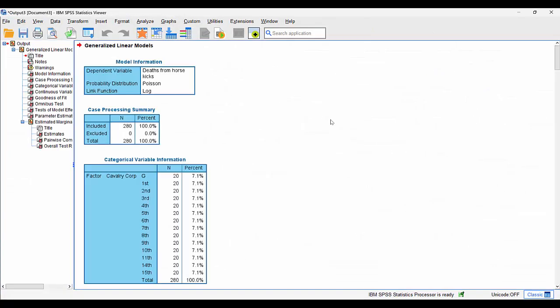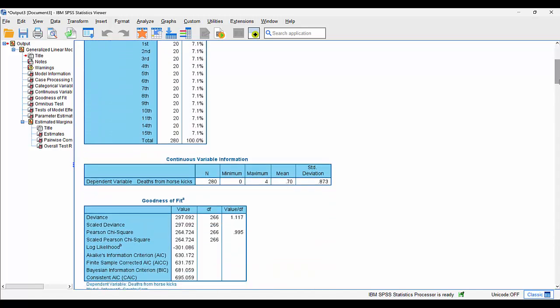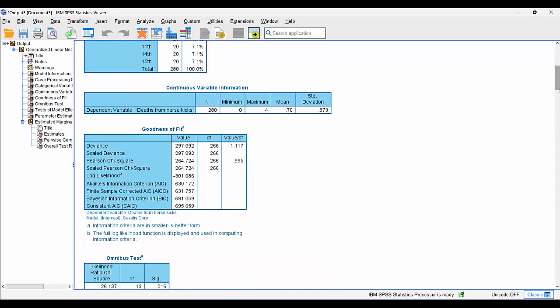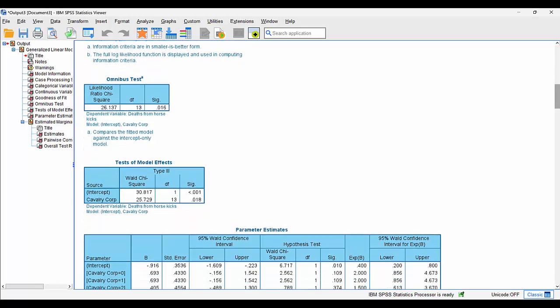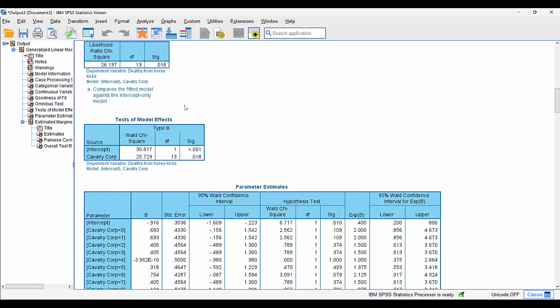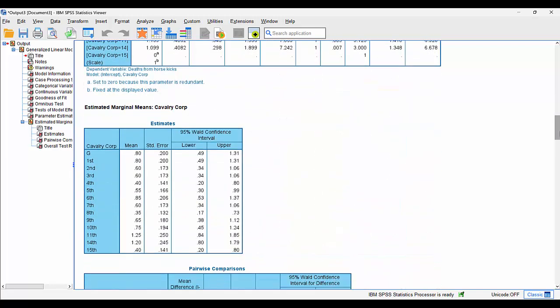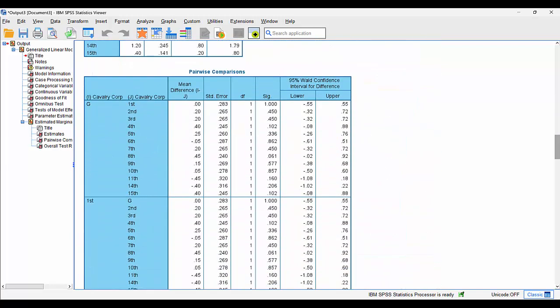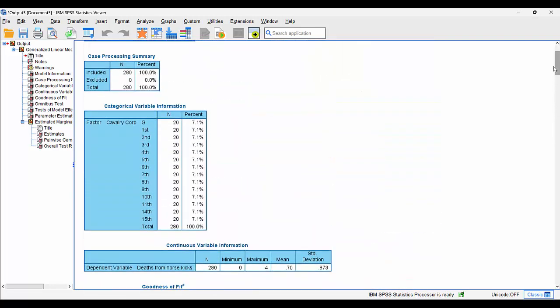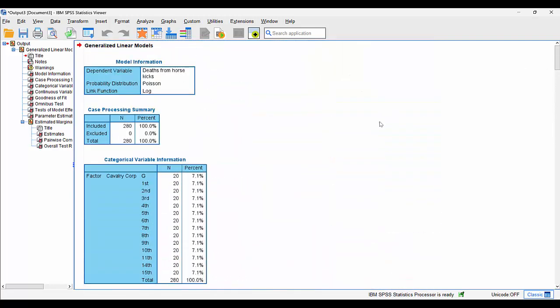You can see there's a number of different items that have been created here. We get case processing summary, we get information about the categorical variable that's been included, we get some goodness of fit statistics, we get an omnibus test, we get a test of model effects, and we get our coefficients table, and then beneath that we get our estimated marginal means and pairwise comparisons. So let's work our way through this step by step and just take a detailed look for our first example